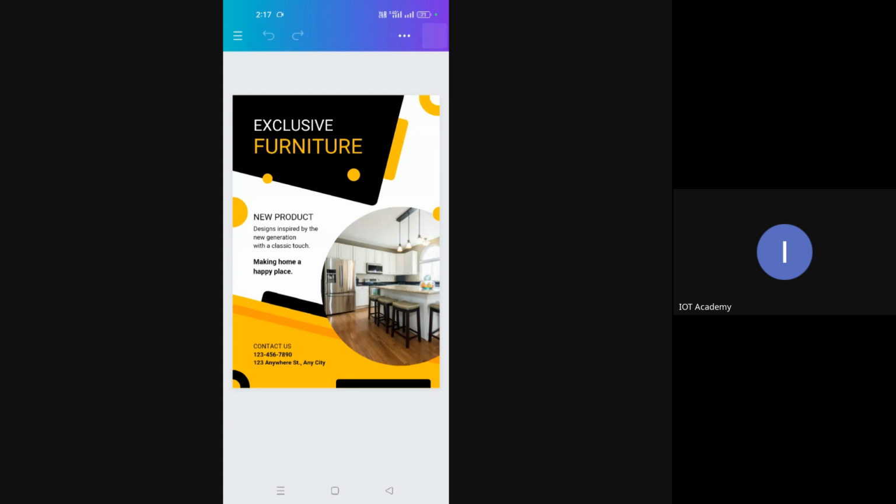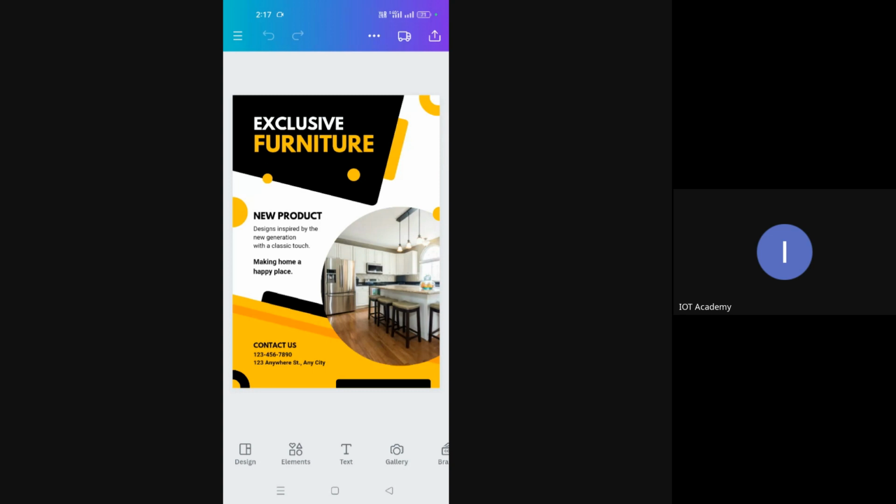Now you can see on screen, I am just opening this Canva application, where you see the brochures, which are available as templates for free. To a great extent, we can use the software and design. This is one of the flyers for promoting a product by a company.